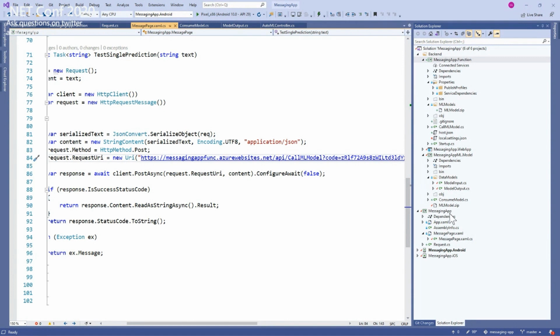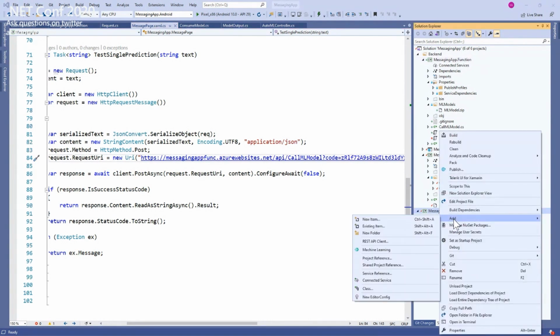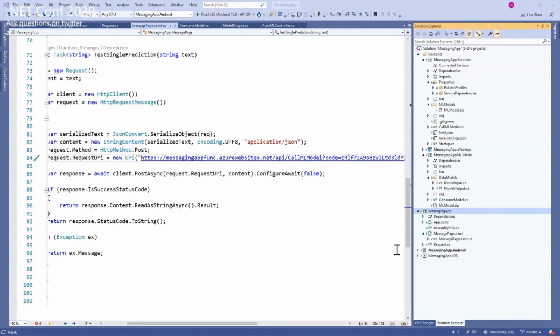It is really easy. When you have your application, it can be any kind of application, console application, web application. Here I have Xamarin Forms, so I'm just right clicking here, add in, and here I have an option, machine learning, and it is not just me. I'm sure you all have that option. If you don't, then probably you need to upgrade the Visual Studio. When you click here,